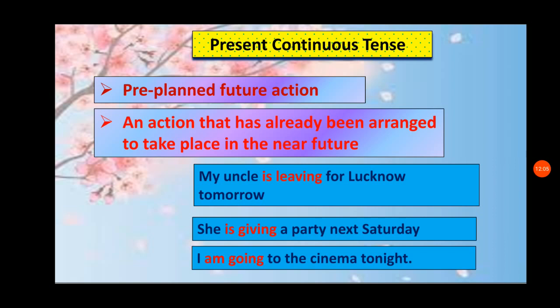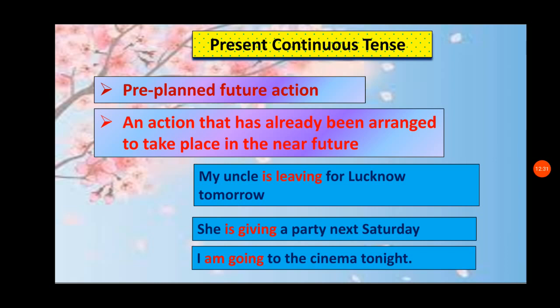She is giving a party next Saturday. So it means before, it can be spoken before Saturday. It can be Monday or Tuesday or Wednesday, Thursday, Friday, even Friday. But the party takes place surely, and also the fact takes place in the future. Okay, so she is giving a party next Saturday.